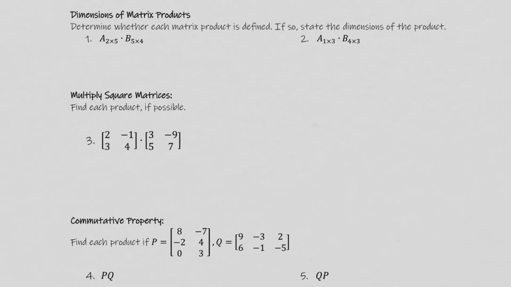If you know the dimensions, if you're taking a 2x5 matrix times a 5x4 matrix, it can be multiplied together if the inner dimensions, the columns of the first matrix, equal the rows of the second matrix. This determines whether the product is defined. This one is defined. And you can write a little note for your notes that the